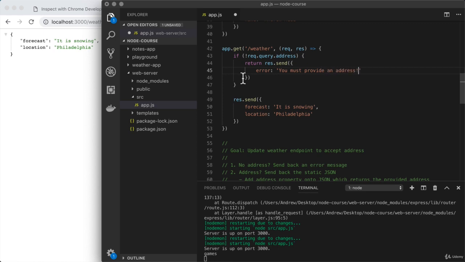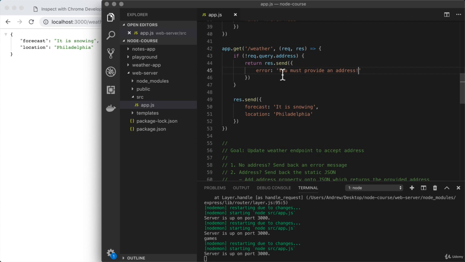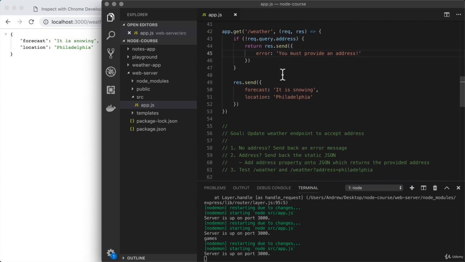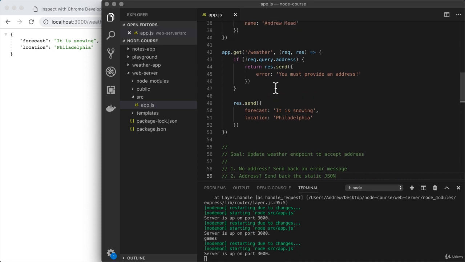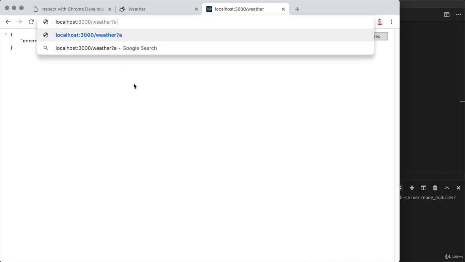The exact text you chose to set up here is not important for the challenge. Anything similar would have worked. Now we have the error handling set up. If there is an address, I want to continue to send back the JSON, and that is exactly what this code is going to do. If there is no address, I now get my error. Let's go ahead and set one up though. We use the question mark, address equals, I'll use Philadelphia as mine,